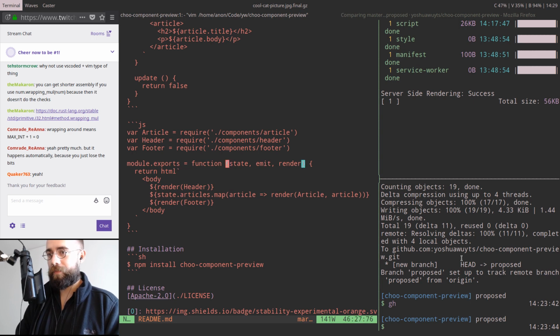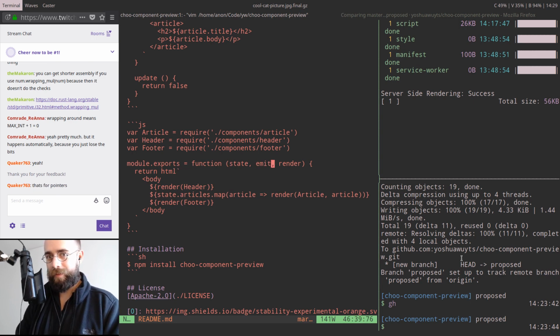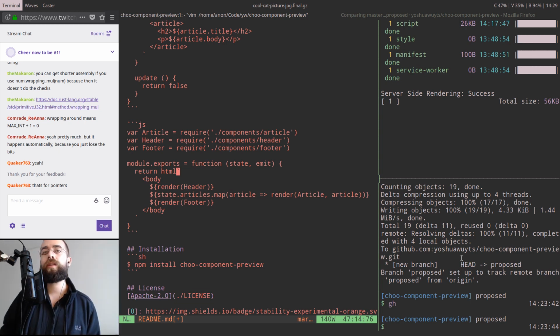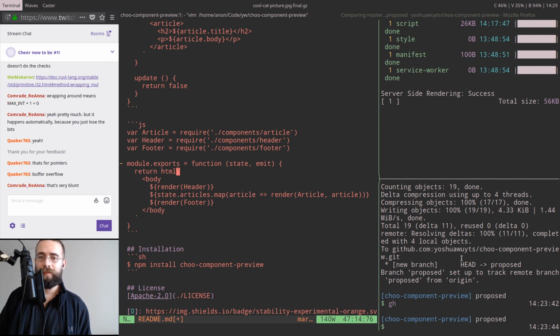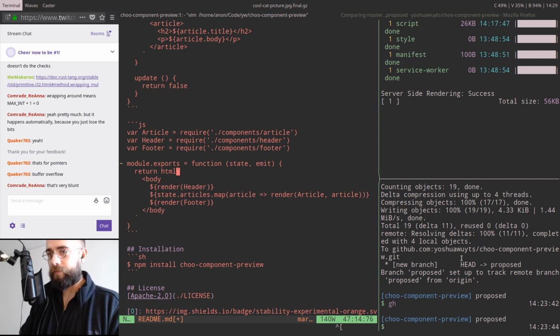All right. That's where the point is. Oh, I sort of get it. I think I get it. So that's where the pointer is. Buffer overflow. Interesting. So we do